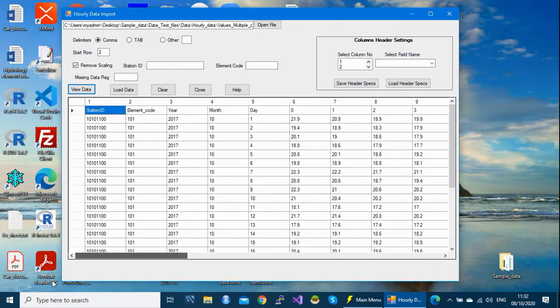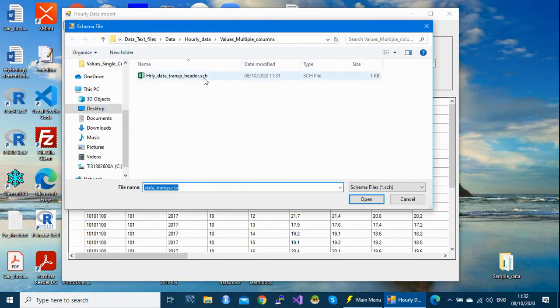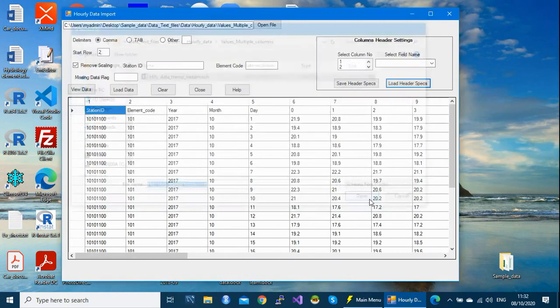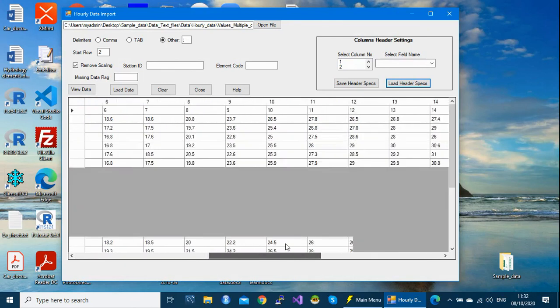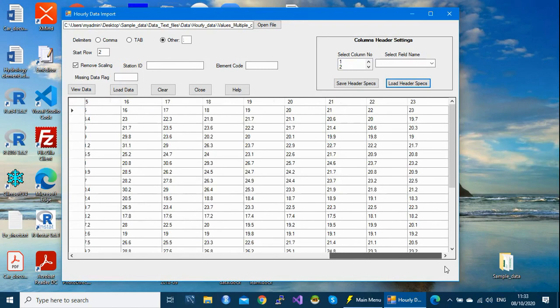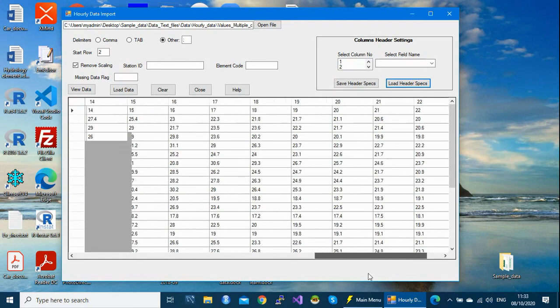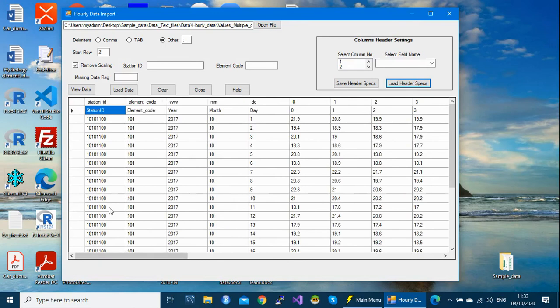This is the default one. And since we have our headers somewhere, we just load our headers on top of our file. We take the headers. This is our header, and then we click on open to apply this on top of our file. So our header is now on top of our file. We just need to check if they were applied correctly. So the next step is to start the import process.